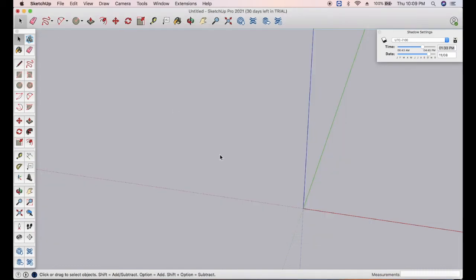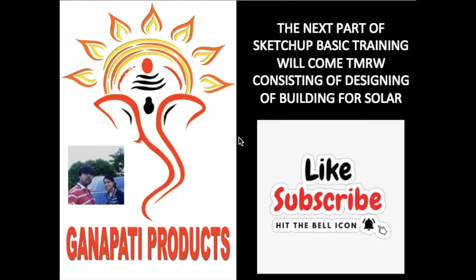So these are the basic features or basic tools that we would be requiring while forming the design of a house after site survey and ultimately doing the shadow analysis, right? So guys, we have learned both the 3D and the 2D design in the previous two classes, and this tool set usage and design usage will be used tomorrow for preparing a building so that we can install a solar plant above the building and check for the shadow analysis using that solar construction, right?